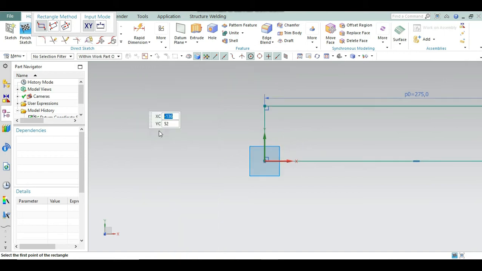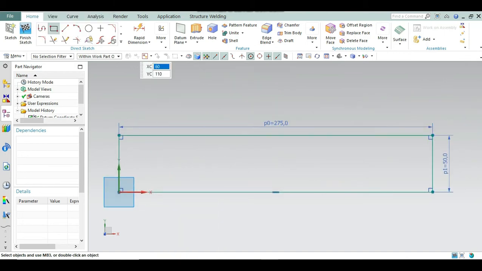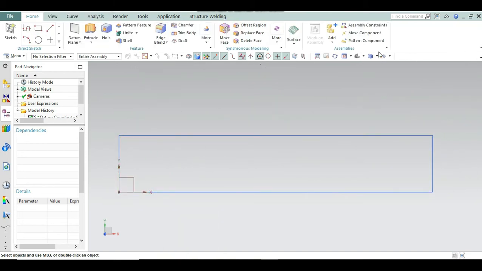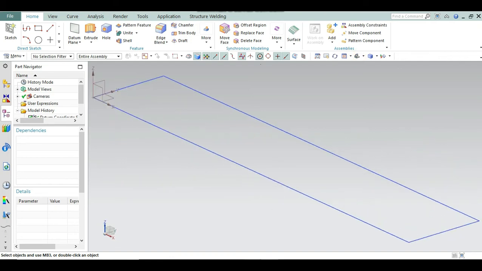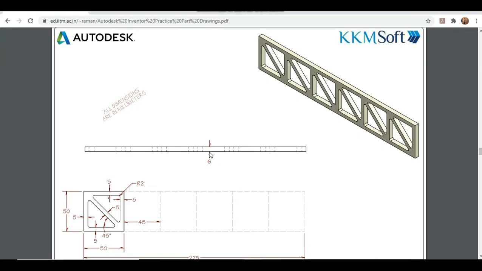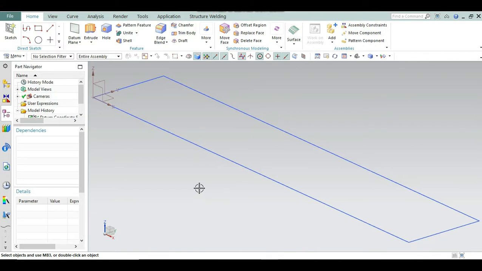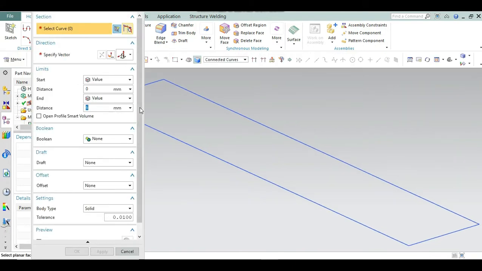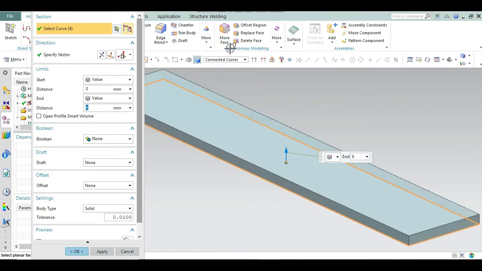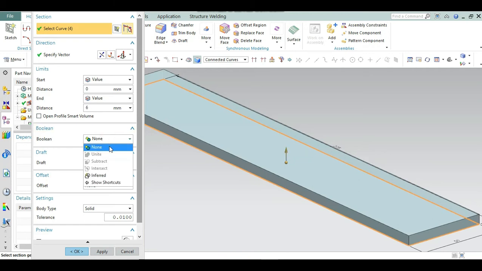Now orient view to sketch like this. Now finish the sketch. From here you can do it isometric. Now how much we have to extrude, we can see here up to 6 mm. Now select the extrude command. Select the curves. Select one curve because there is a connected curve, the other curve will be automatically connected. So up to distance 6. From boolean you have to choose none because we have to do nothing like unite or subtract. Now make it okay.